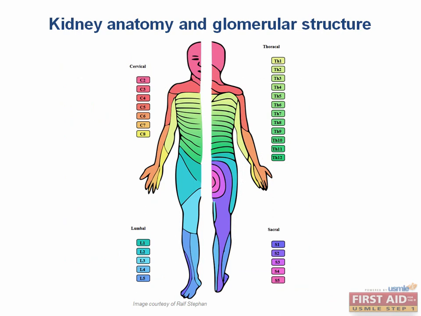The kidneys send sensory innervation to the spinal cord at about the level of T10 and T11. Thus, pain in the kidneys is often sensed in the T10 and T11 dermatomes. On a physical exam, one can elicit that pain at the costovertebral angles. On the test, costovertebral angle tenderness is often a huge clue that will point you towards the kidneys as the culprit for the patient's